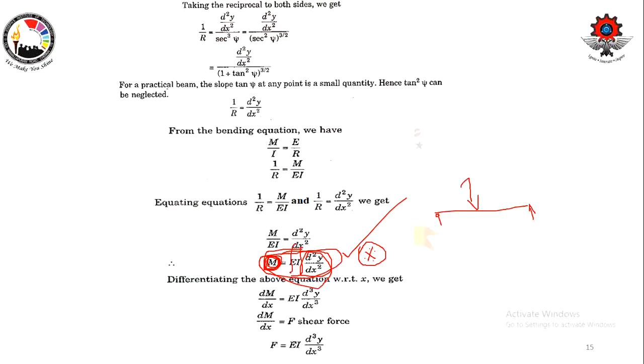One time if you integrate, it changes to dy by dx. So dy by dx is obviously your slope. Again, if you integrate once more, you will get y. Y is deflection. So dy by dx is slope and y is deflection. So this is how it is going to help your problems, and this is the ultimate Euler's equation.